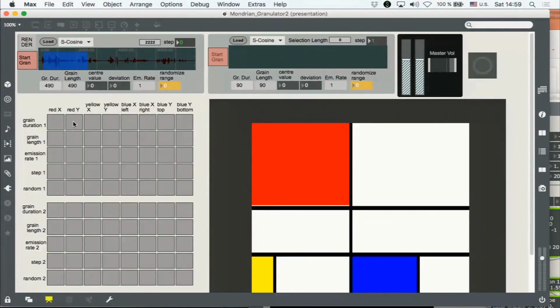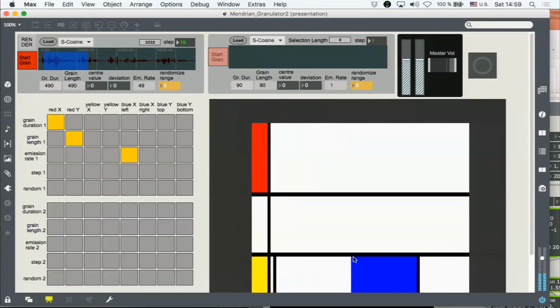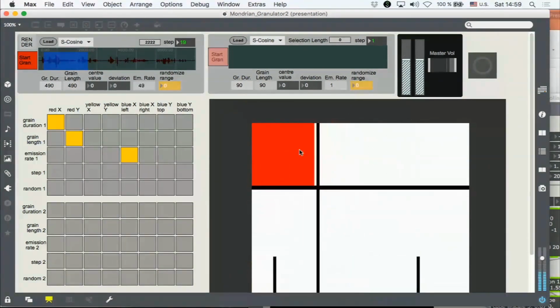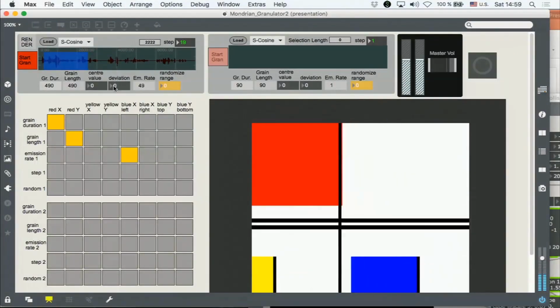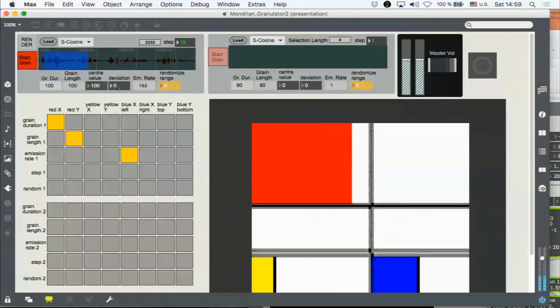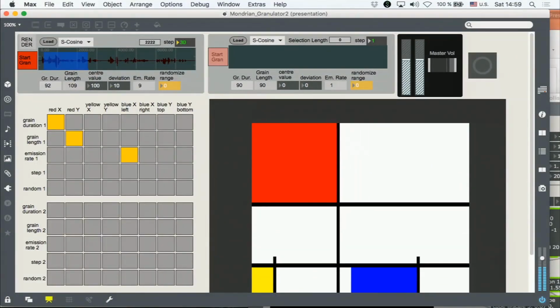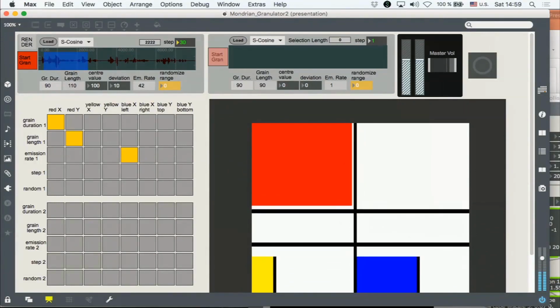So here you can basically experiment with mapping the different sides of the different rectangles to different parameters. Let's try something. Clicking.